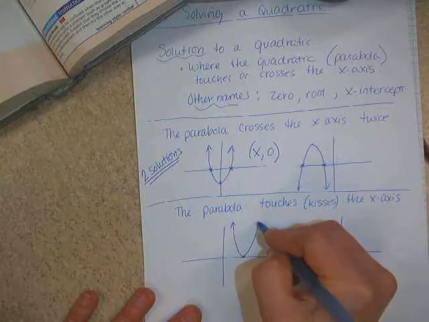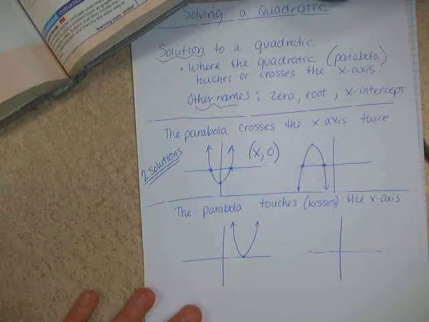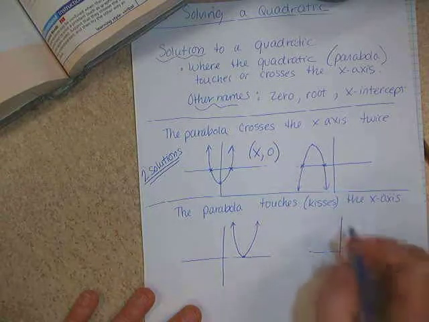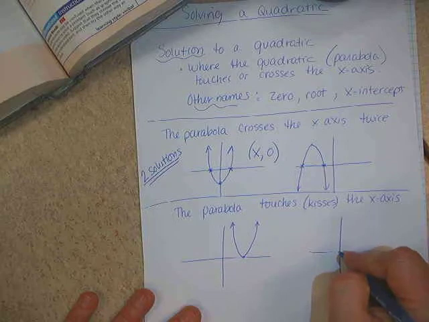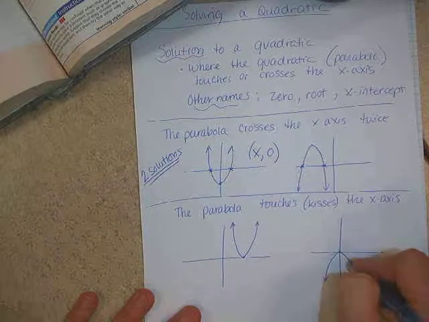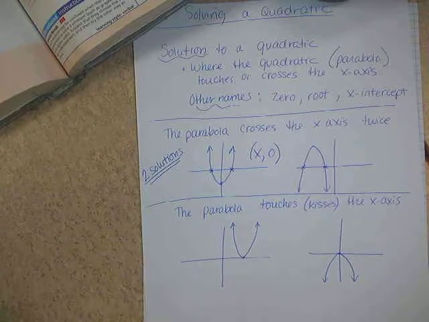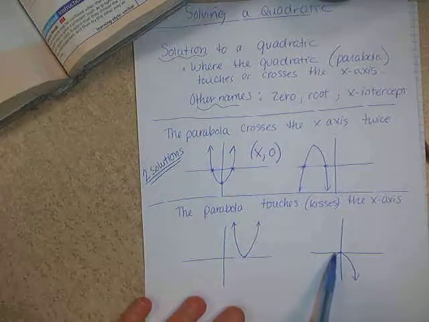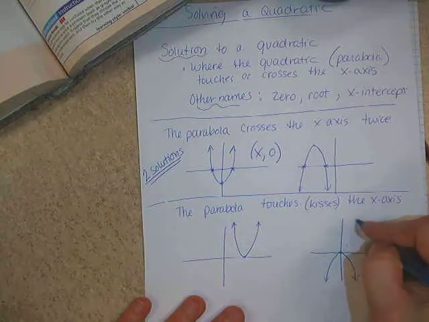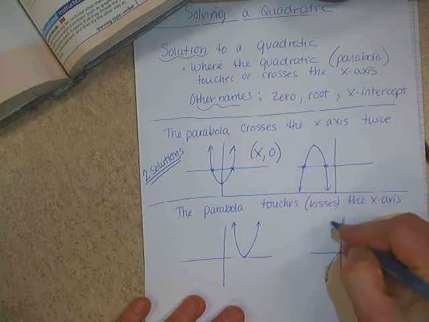So we could have a vertex here with it opening up, or the vertex touches and it opens down. And again, that vertex could be anywhere on the x-axis. Okay,